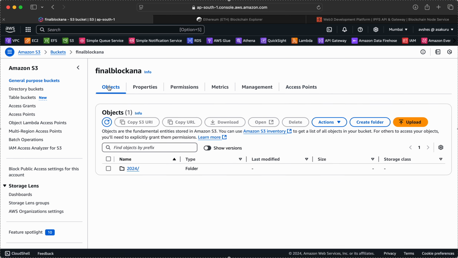This is the data that came after running the Amazon Lambda function,